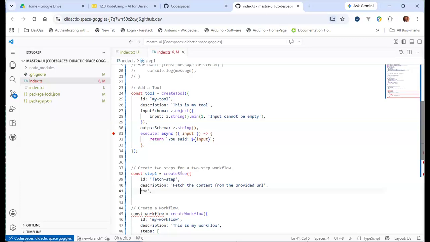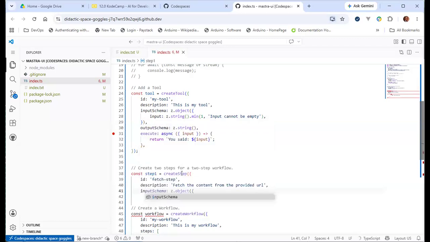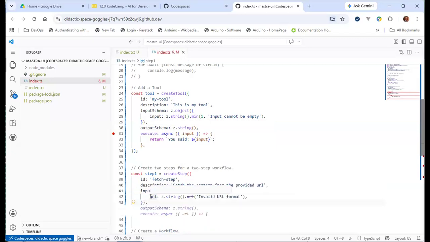Or rather, you can associate the input schema first. Input schema first. So you are going to specify the input, which is the content. This input should be the URL that you want to fetch.